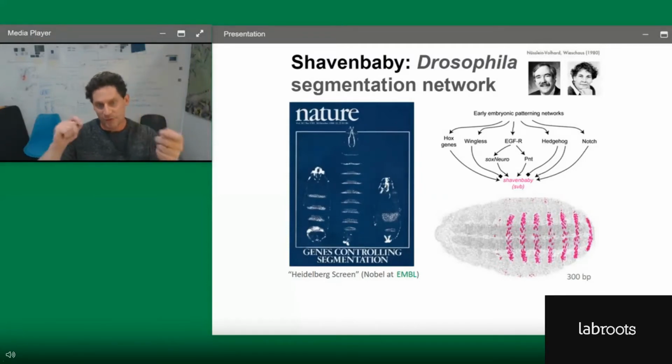What they were starting to do is mutate different parts of this, running huge random mutagenesis screens and seeing how it affected the output of these particular stripes I'm showing you here. Classically, what they did is look at the larvae, after this stage of development. I'm showing you the nice magenta here. If you see underneath this Nature cover, this is the work that led to this Nobel Prize,